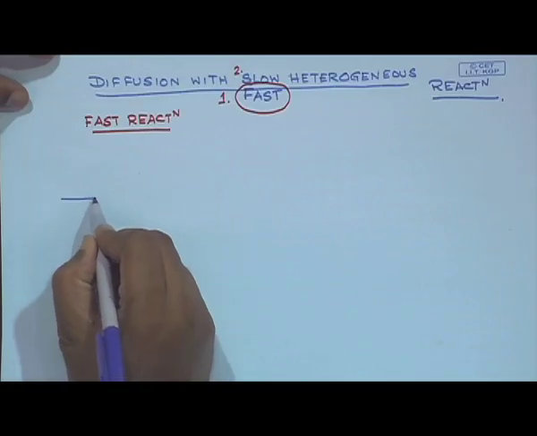Since there is no distributed generation or distributed depletion of A as it travels through this thin film, the reaction term does not appear in the governing equation. The governing equation will consider only diffusion. It is a diffusion-only case when we have a thin film. The surface reaction will come in as a boundary condition while solving the governing equation. So, we will see that, and the example that we are going to do is that of a catalytic